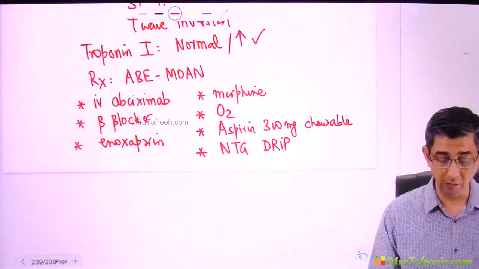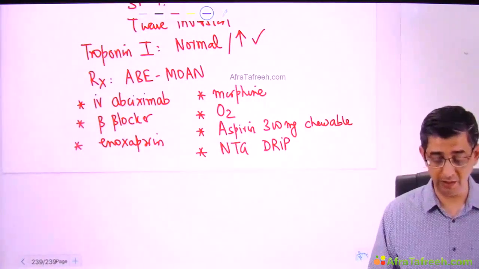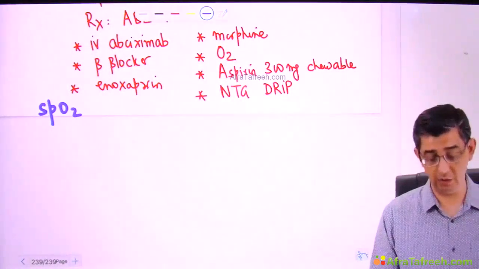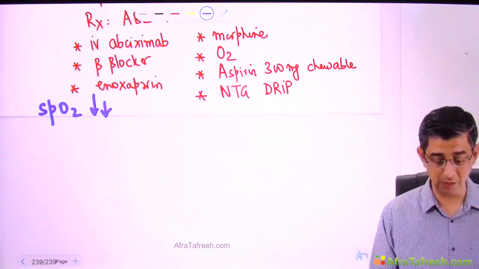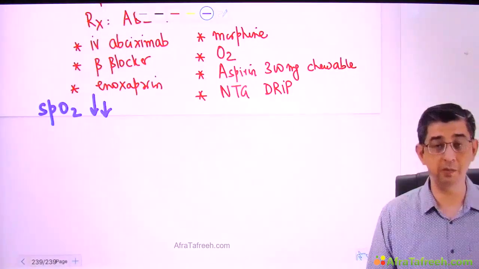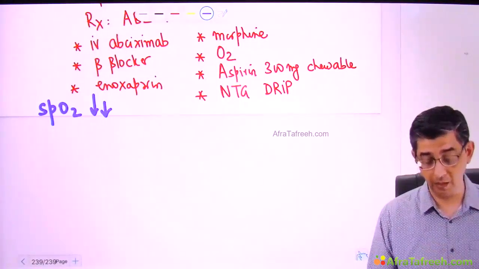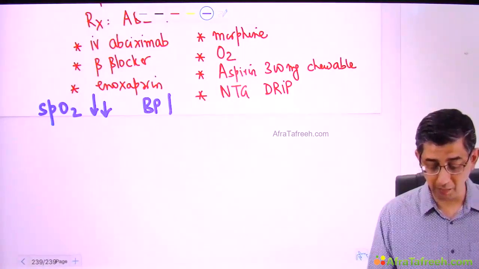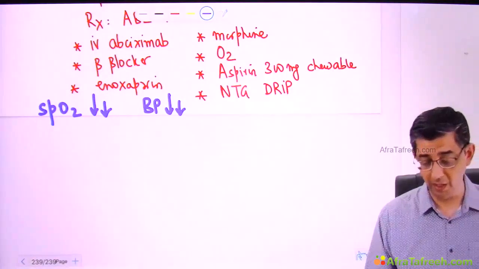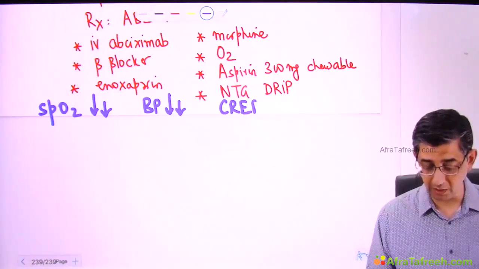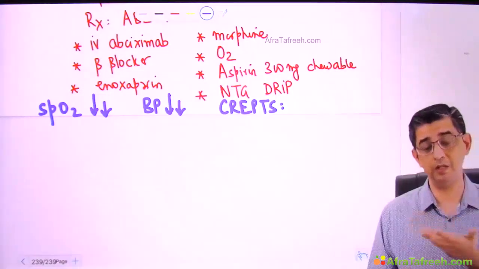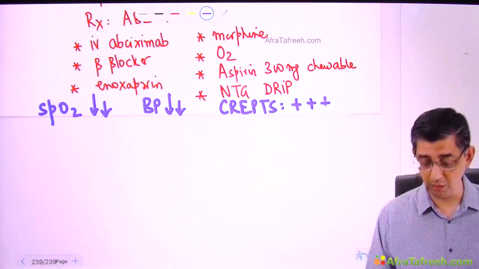However, now I'm going to create a bad scenario, in the following sense: my patient's SpO2, in spite of this treatment, is not improving. When he came, SpO2 was, let me say, 85% in room air. In spite of everything that we have done, it is 75%, even though he's on oxygen. The blood pressure of the patient is not picking up because the ischemic myocardium of the left side of the heart is not able to perform properly. The crepitations in the chest earlier maybe were not present or were scattered at the lung bases. Now the crepitations are more extensively present in both lung fields.